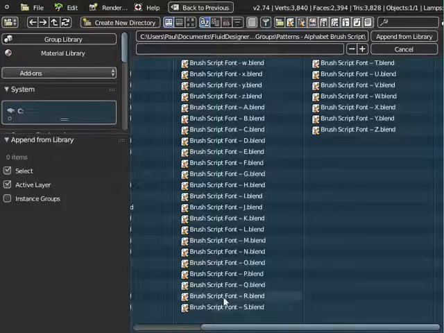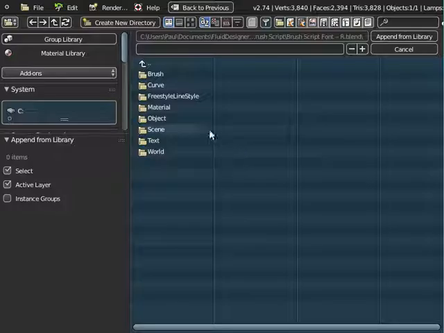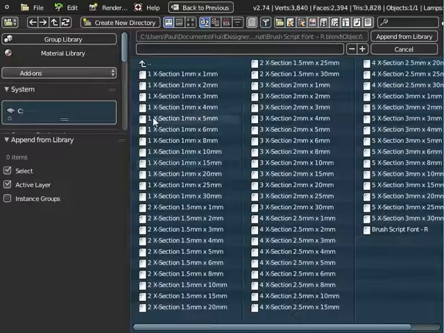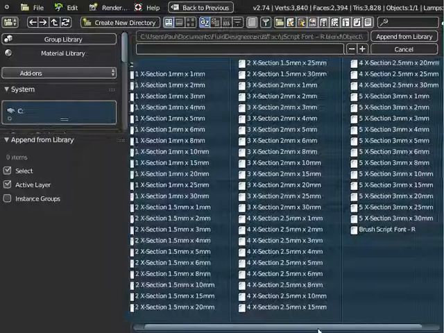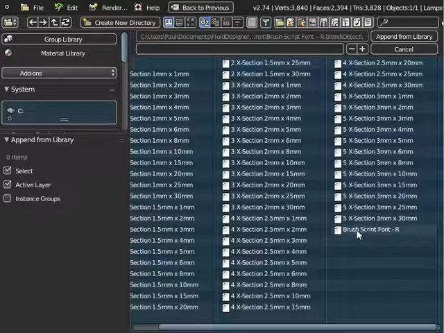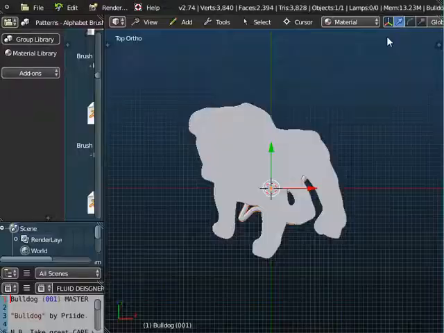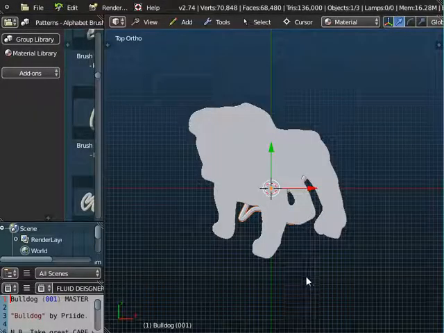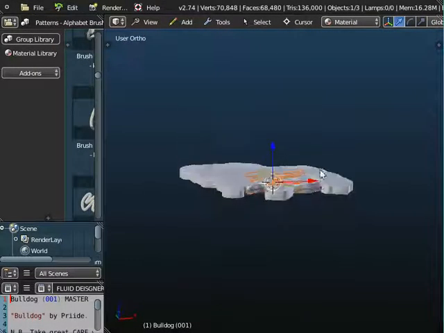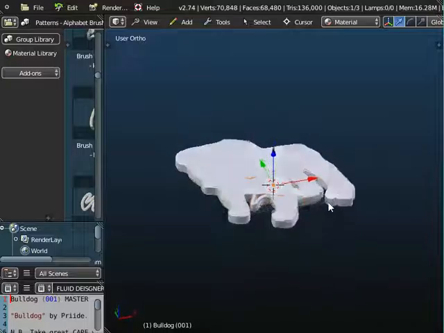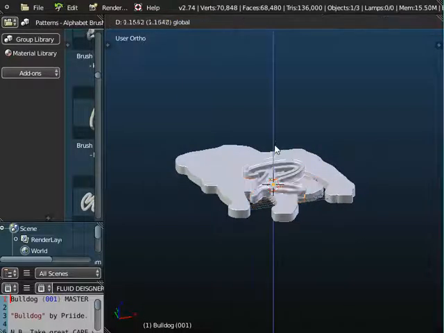And I'm going to use a capital R first of all. So I want brush script font R. And we always append objects. So it's the object that I want. We don't want the cross sections, we just want the brush script font R object, and we just append that from the library. You can't quite see that at the moment because as you can see there, if I tilt the object, it's inside the